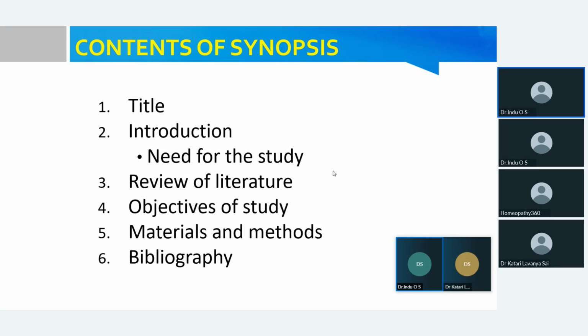So where will you get all those things? After reviewing different literature. You will have different search engines like Google Scholar, PubMed, Cochrane Library. All those are research engines. In that you will get full details of your topic. Suppose you are taking a clinical study like effectiveness of individualized homeopathic medicines in the management of simple myopia.